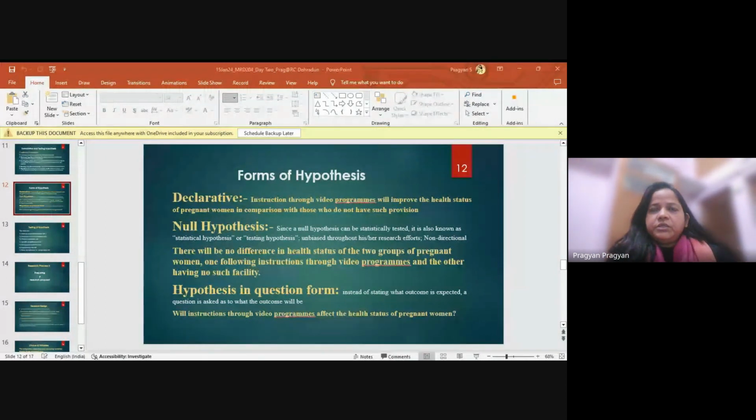So theory is always based on millions of studies covering factual information as well as empirical verification, but a hypothesis is only a tentative statement or the tentative relationship between